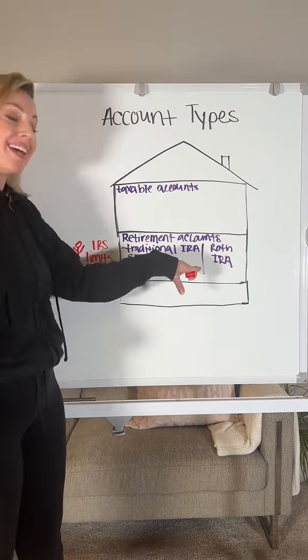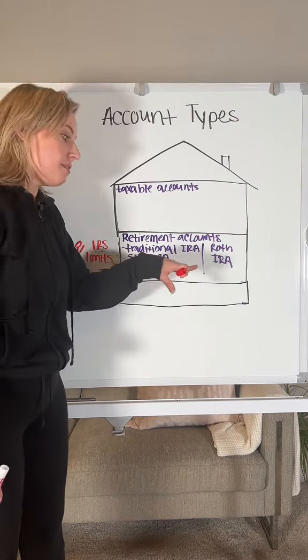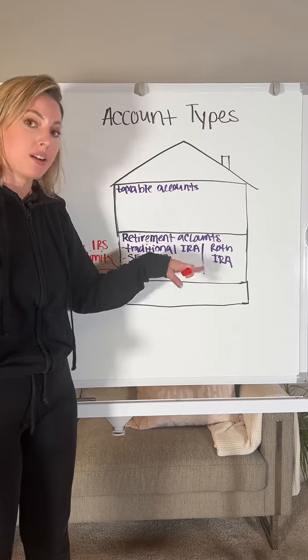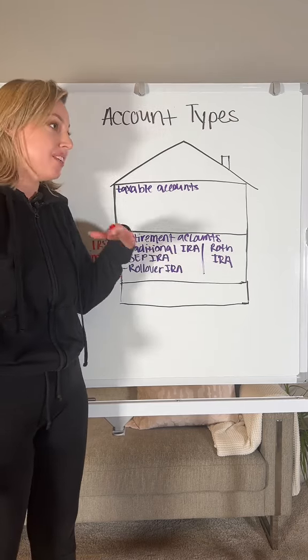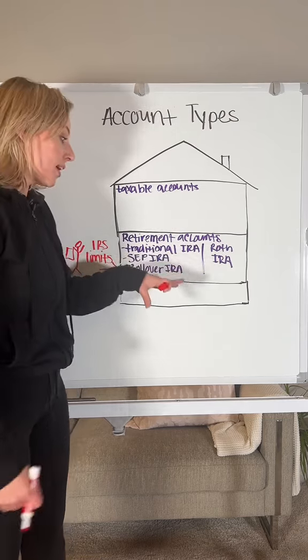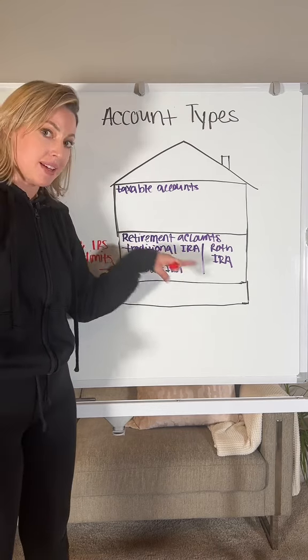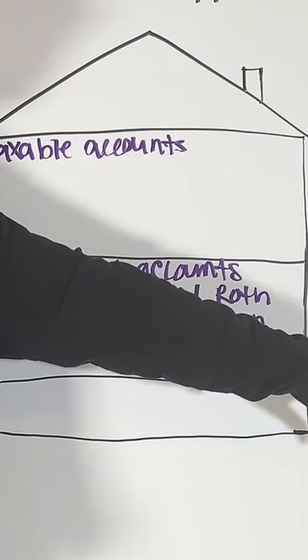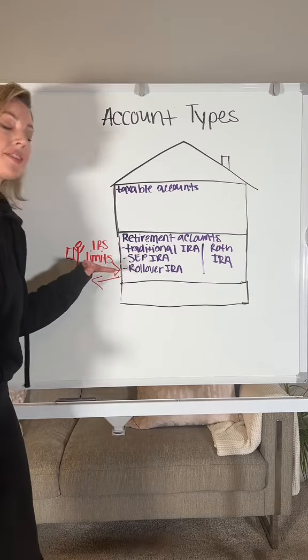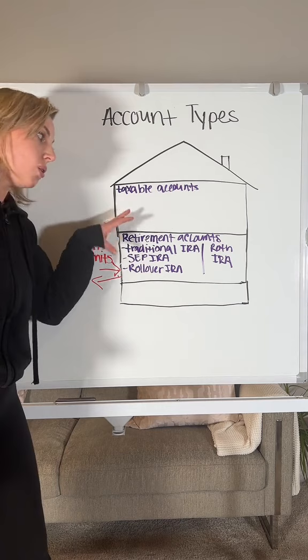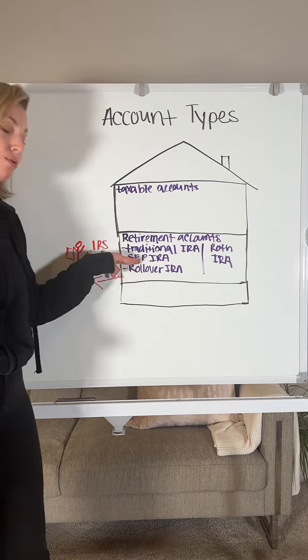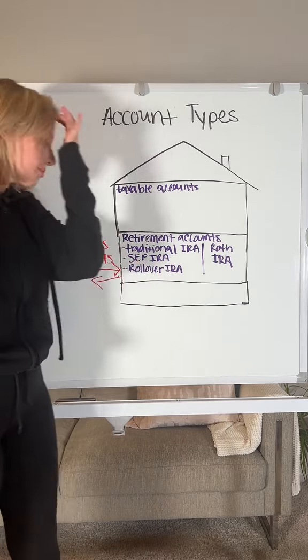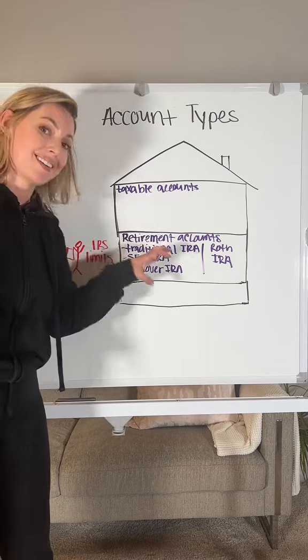However, once you are inside that room, whatever investments that you make, you can buy stocks, mutual funds, ETFs, bonds, even limited types of options trading. You're not taxed on what happens inside of the room. You are taxed when you go out of that room, unless you go out of the Roth IRA side. So the IRS has contribution limits for all of these retirement accounts. It's a little bit higher for a SEP IRA because it's a self-employed account. Works a little bit differently, but the inside is exactly the same.